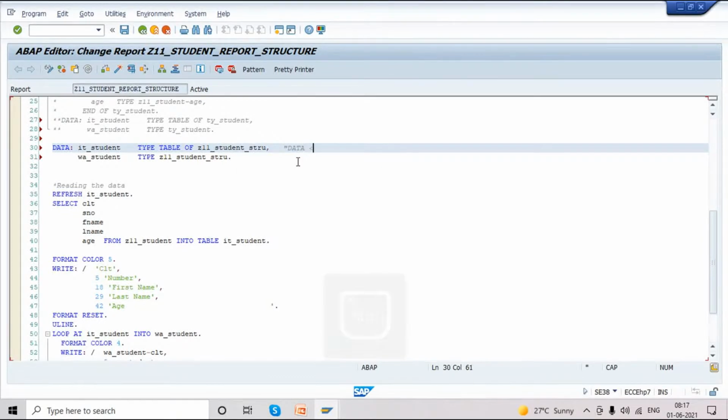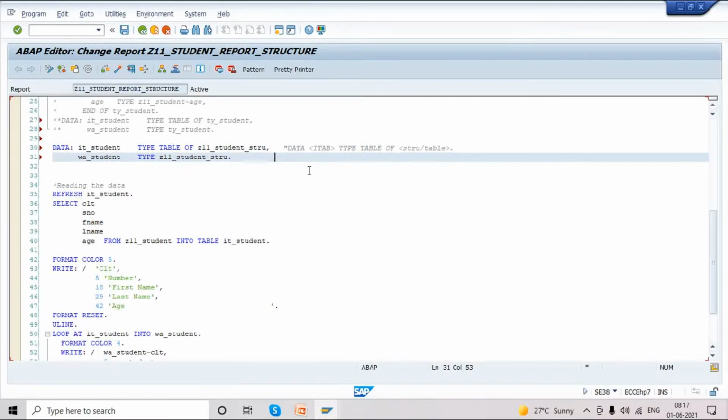data itab, we call internal table, type table of, okay, either structure or table. So this is the syntax for internal table. Same for our work area as well.